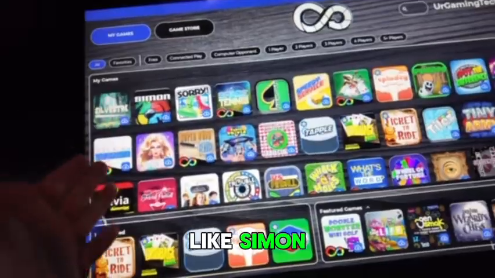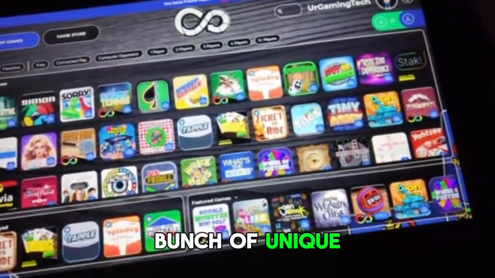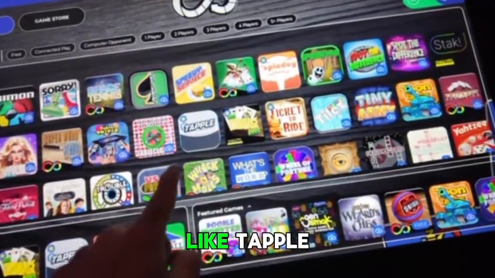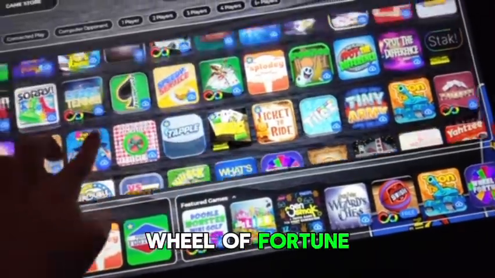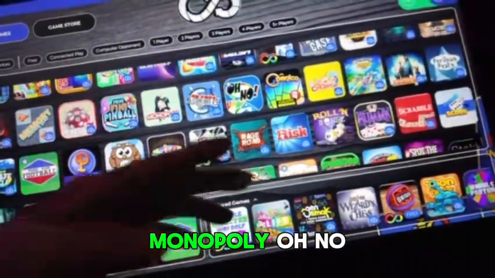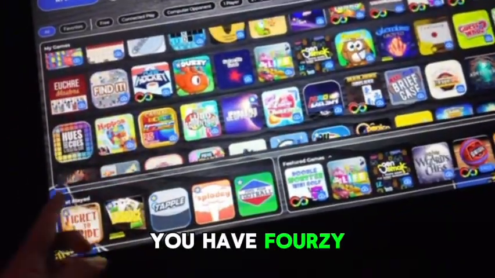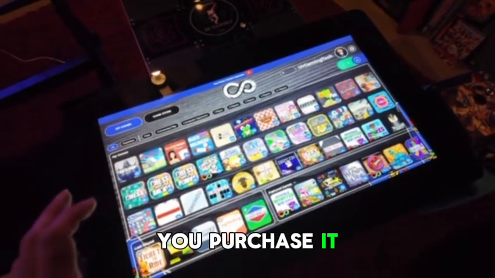You have things like Simon, Sorry, all the classics that you remember from Hasbro. You got a bunch of unique games that have come on here as well, like Splody. You have some other ones that are really recognizable, like Tapple. You got Cribbage, you got Ticket to Ride, you have Yahtzee, Wheel of Fortune, Monopoly, Oh No, which is very similar to Uno and stuff like that. You have Fourzy, a bunch of different variety of games. This unit comes with over 40 games as soon as you purchase it that are ready to go,